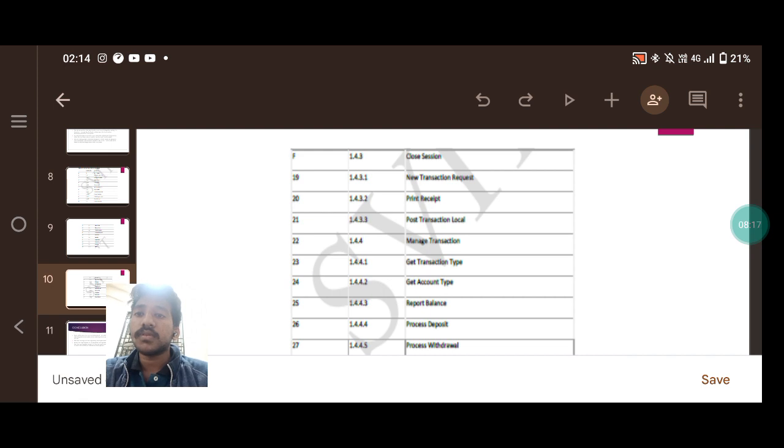Close session, new transaction request, print receipt, post transaction local, merge transaction, get transaction type, get amount type, report balance,